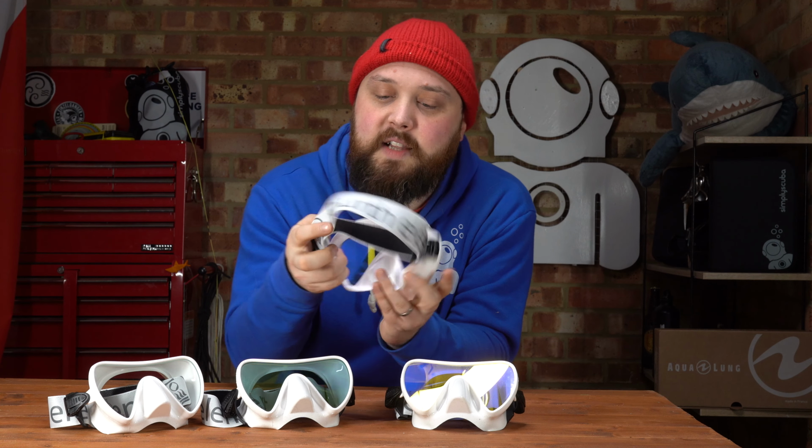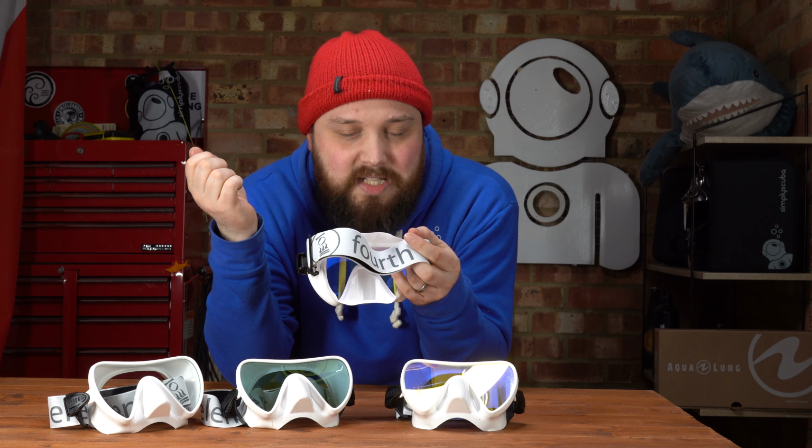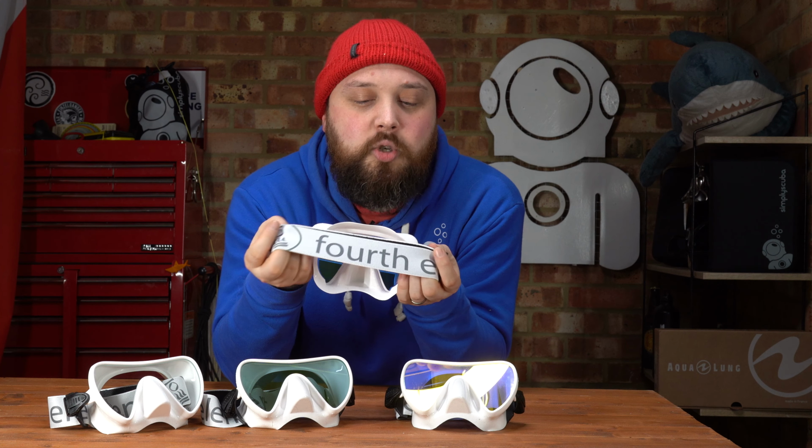The mask strap itself is very unique. This is the modern ski goggle style fabric elastic strap, so a lot stronger than silicone straps. Silicone straps, if you get a little nick or a cut in them, they just tend to rip through, whereas with this, it will take a lot to cut through all of this, but you still have that elastic, so you can still stretch it on and it holds itself in place. It doesn't have the silicone on it, so it's not going to tangle or be uncomfortable in your